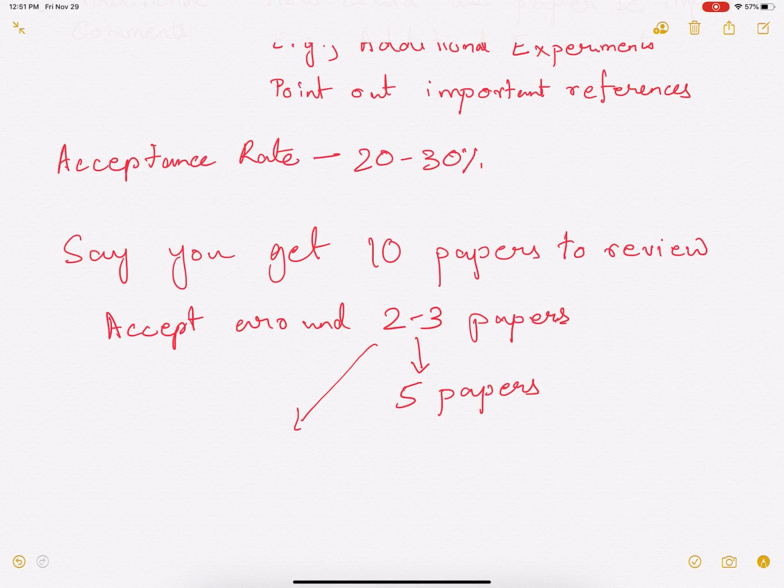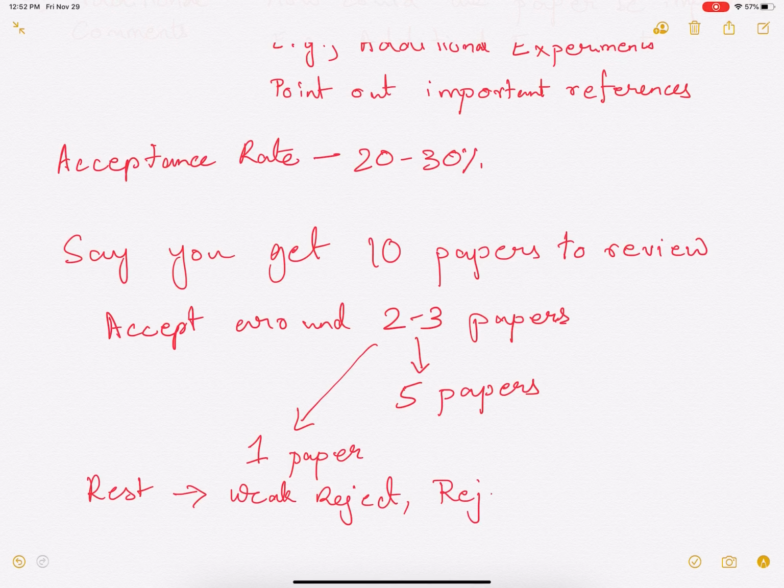Then this would come down to maybe 1 paper. So you accept around 2 to 3 papers. The rest, depending on how they are, you give them weak reject or reject. So it's unfortunate, those papers might actually be good, but you have to do a comparative study and figure out